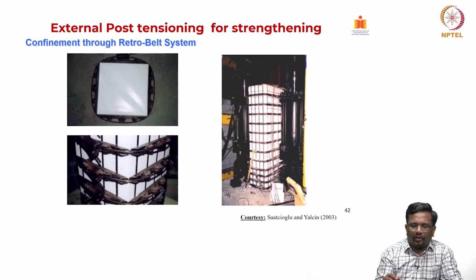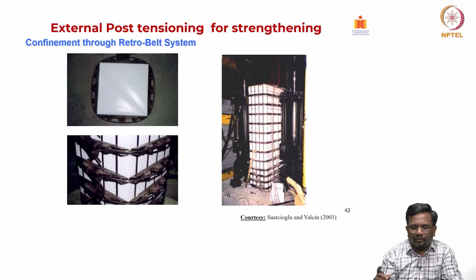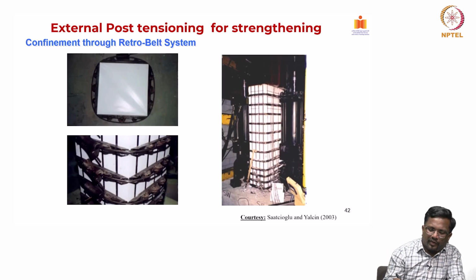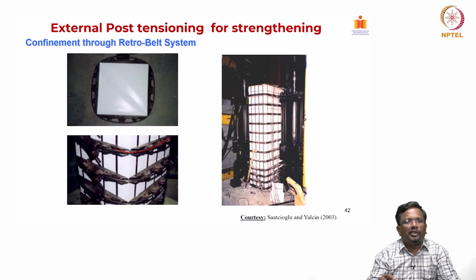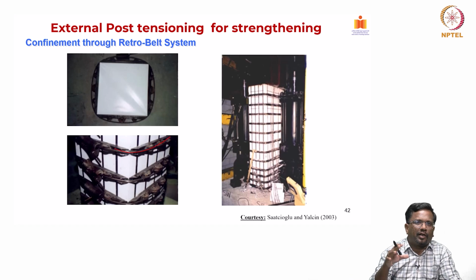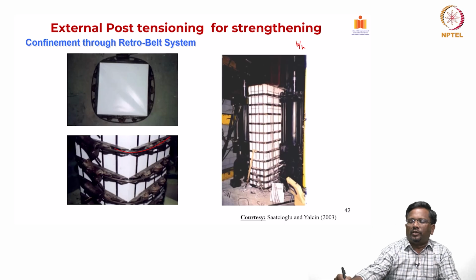Now, we know that for a square column, confinement is difficult. So, we have to design these systems so that you do not create stress concentration. This kind of an external system has to be created so that you can place the external PT cable at that location to create the clamping force that we want. Particularly, this will be quite effective when you have columns which are more rectilinear. That means when your aspect ratio, let us say breadth to depth, is greater than 2,